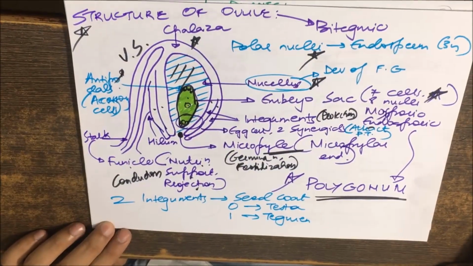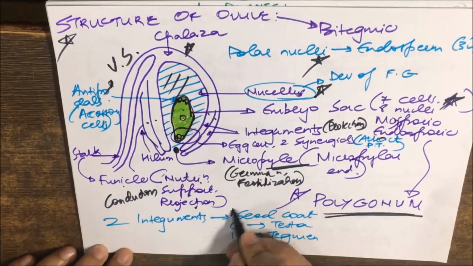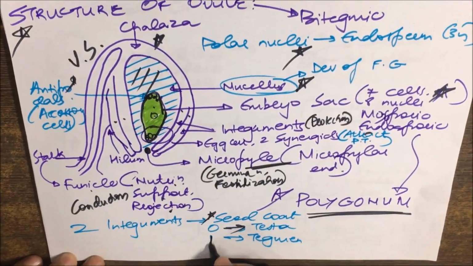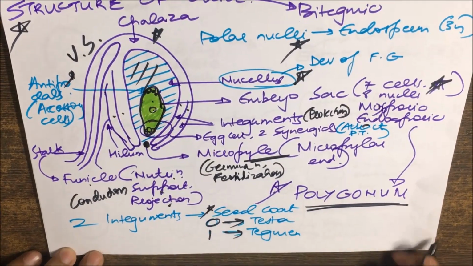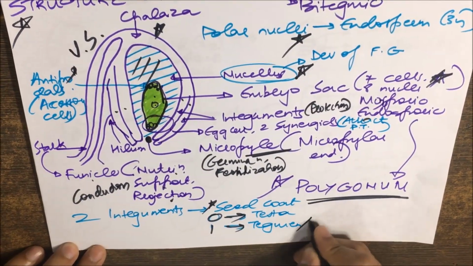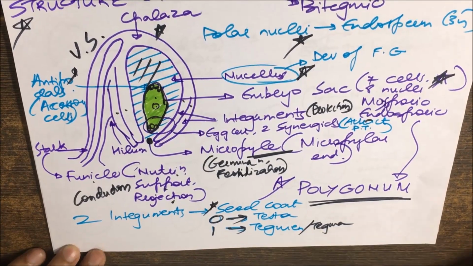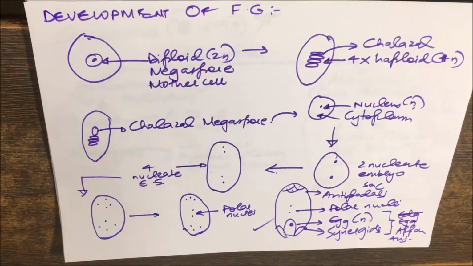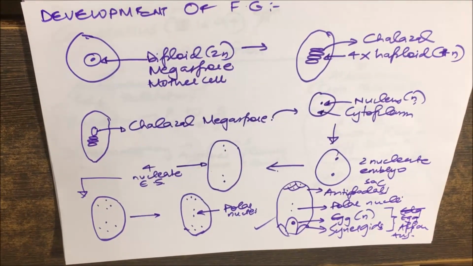The two integuments present in an ovule are also seen in the seed in the form of a seed coat, the outer becoming the testa, which is a hard coat, and the inner becoming the tegmen. Testa and tegmen. Talking about the development of the female gametophyte, a diploid hypodermal cell at the